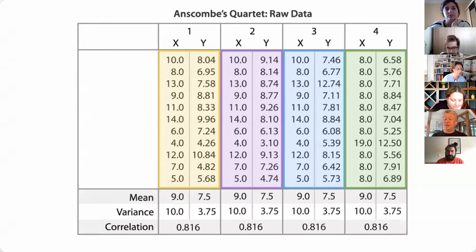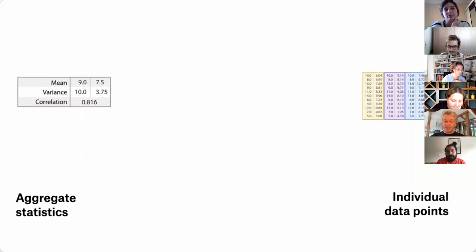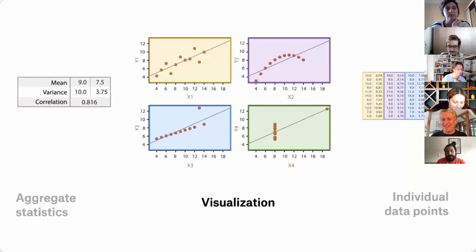And if we run summary statistics, which we often use in science or in data science to find out what's the pattern or what's the overall message in a data set, you can see that in this case, the average, the variance, and the correlation are all identical, right? So from that lens of aggregate statistics, these data sets are pretty much identical. But if we visualize them, and that's the exciting part, of course, now for us, we can see they're not identical at all. They all have very different overall shapes and characters, and have probably been created by very different processes.